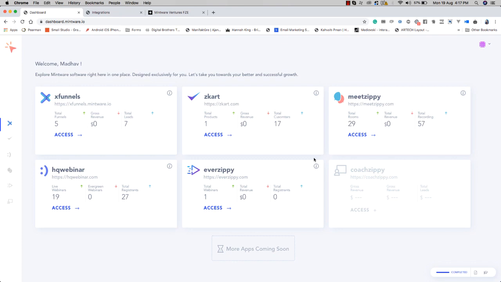Okay, and what is Coach Zippy? So as many people know about membership platforms, which we added later after the launch of xFunnels, we added this membership feature in our xFunnels because our users actually asked us that we should have a membership feature in xFunnels. So we added it later after the launch. So basic functionality of membership we had earlier in xFunnels version 2.0,